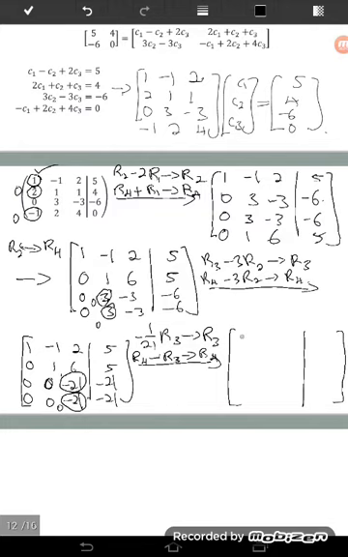so first row didn't change, so 1, negative 1, 2, 5, and here 0, 1, 6, 5, and here 0 times negative 1 over 21 is 0, here also 0. Negative 21 times negative 1 over 21 is 1. And last row, row number 4, so 0 minus 0, 0 minus 0, so 0, 0. Then negative 21 minus negative 21, 0. Then negative 21 minus negative 21 becomes 0.